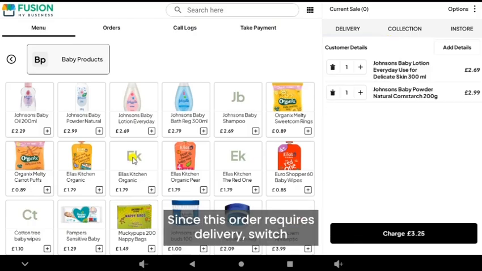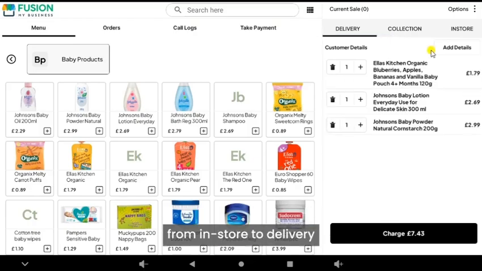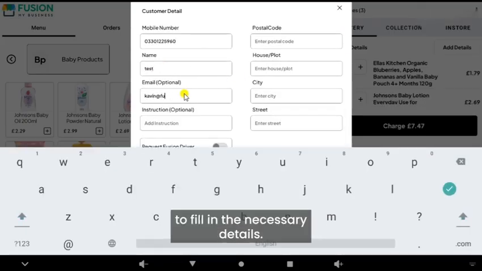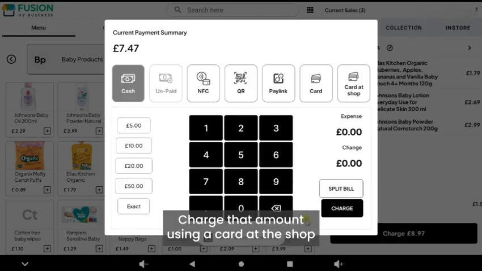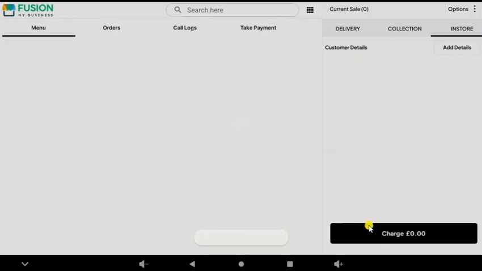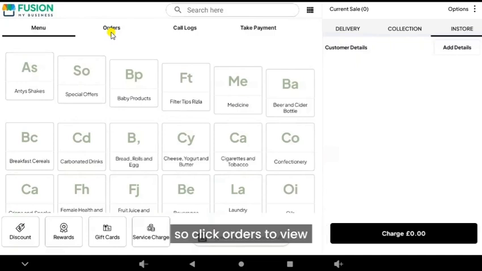Since this order requires delivery, switch from in-store to delivery, and below delivery, click Add Customer Details to fill in the necessary details. Enable the Fusion Driver option and save. Charge the amount using a card at the shop, and once completed, now you can check orders, so click Orders